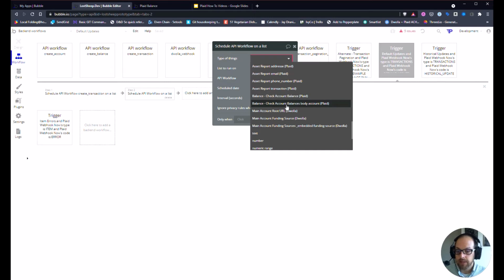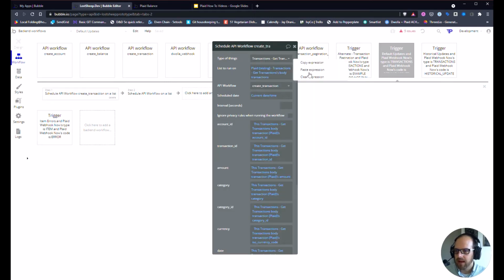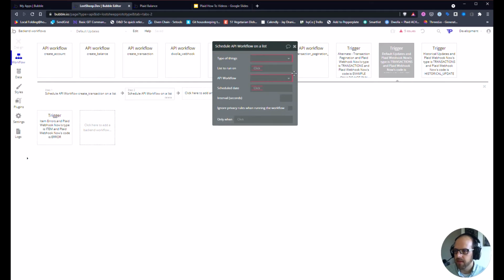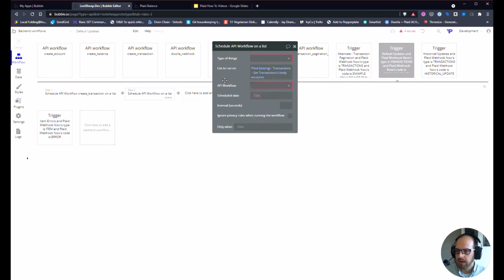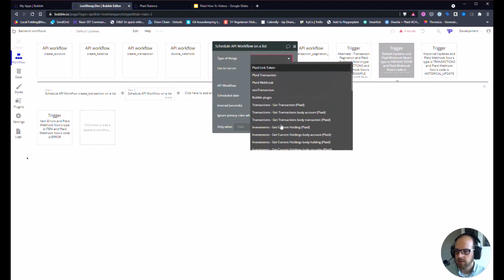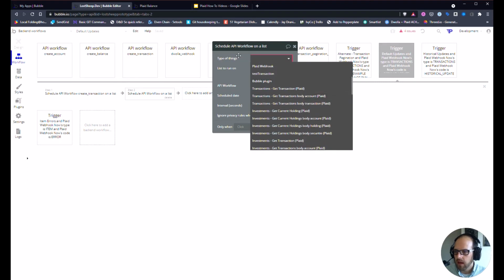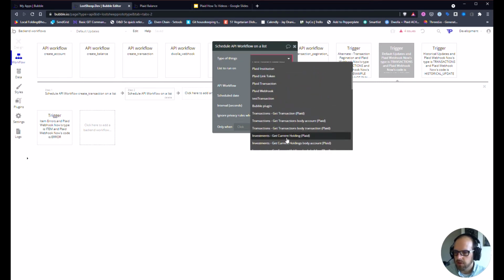That's getting a real-time balance. Maybe I would want a cached balance, so I'd do the exact same API call. I could just copy the thing from create transactions, put it in here, but instead of body transactions, I want body accounts. And I'm going to do a type of list to run transactions